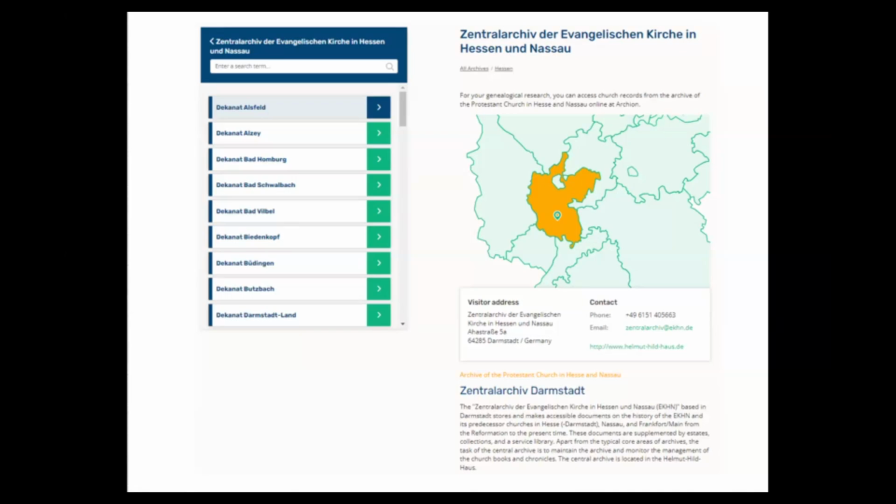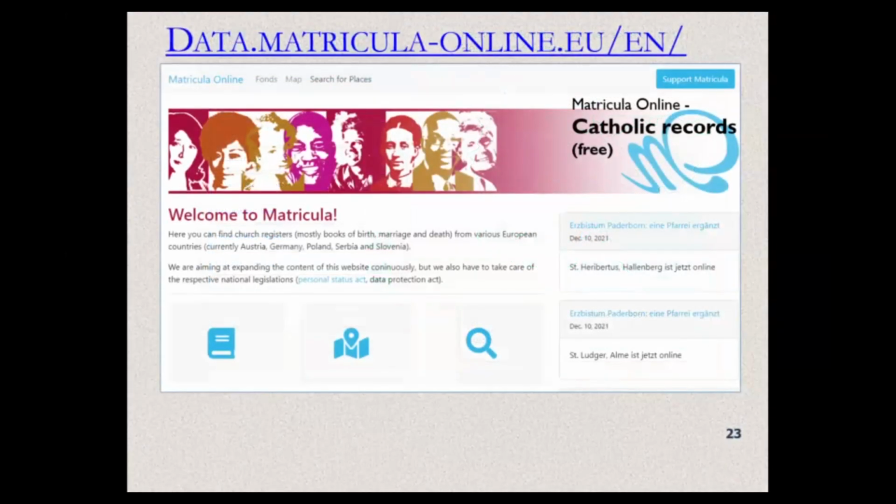And you can see here that even their website, because they might have, for example, Hessen archives. Hesse archives, they have even their records online on their own. So you never know, some archives could post their records completely free online. So you can check that website or email them. And then here is another website for Catholic records, but they don't have that many records online, but it's coming. So you can maybe try to search another family line and then come back, to see if there is more